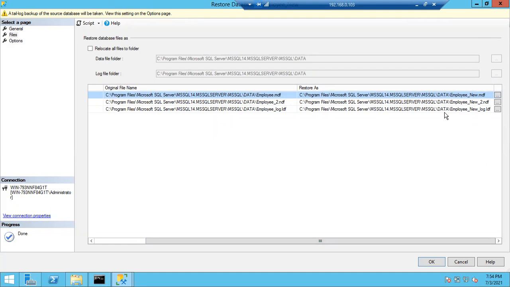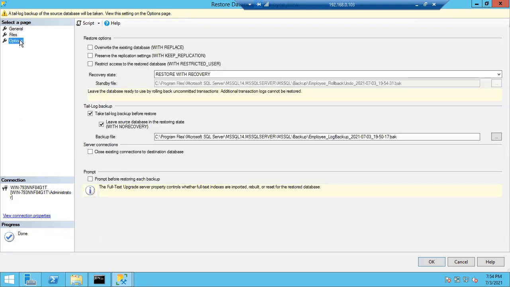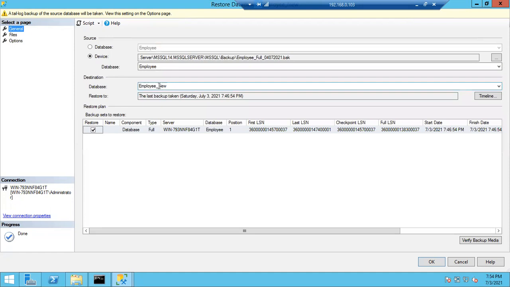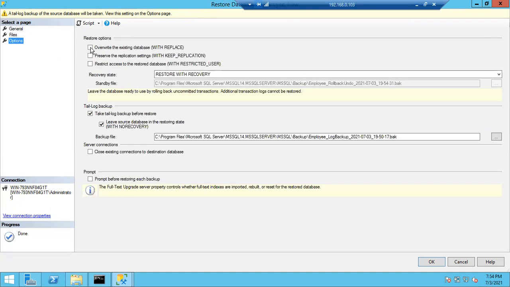Okay, go to the options page. In case the customer is asking, I need only the employee database, don't restore with other names, I need only the employee database with the same name, then in such a case, don't change anything, just keep it as employee here. And here you have to choose override the existing database. So it will delete the previous files in the same location, and it will try to create new files in the same location.